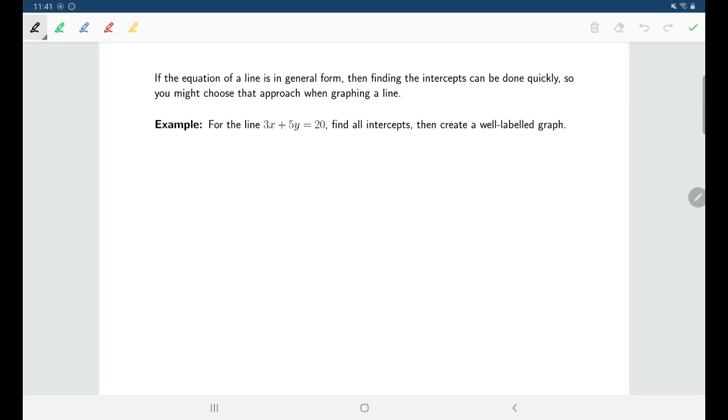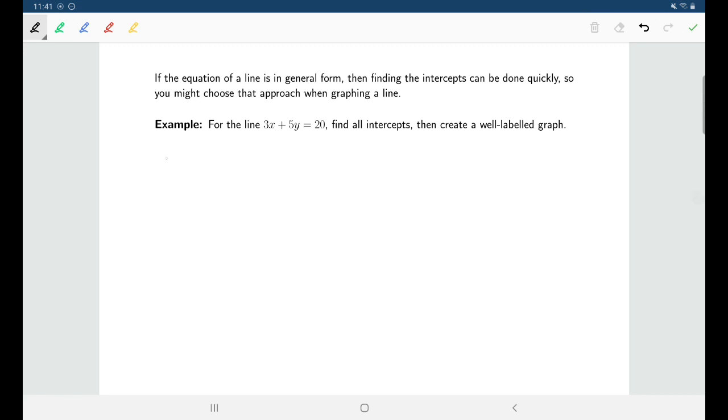Although slope-intercept form is usually the easier form to work with when graphing straight lines, another way that we could graph straight lines, if we had an equation that was in general form, would be to use that to find x-intercepts and y-intercepts, which we can do actually fairly quickly. So even though general form doesn't really tell us much about what the line looks like, at least not directly, the 3, the 5, and the 20 here are not slopes or intercepts,